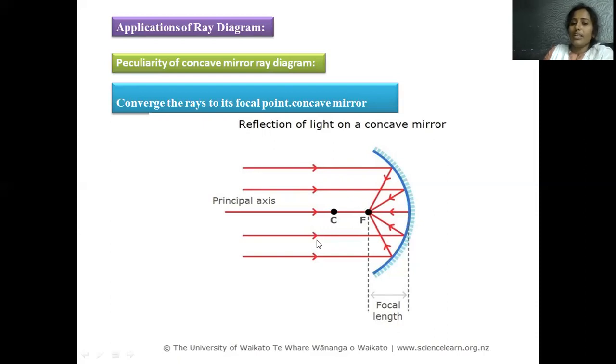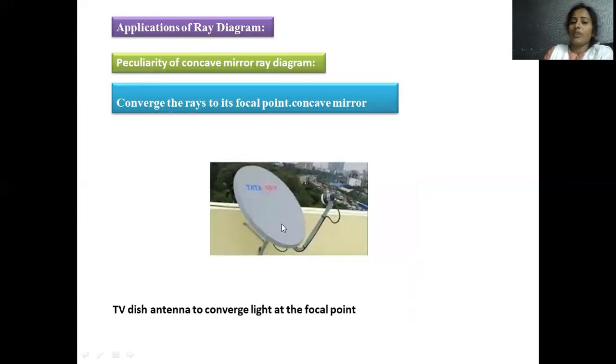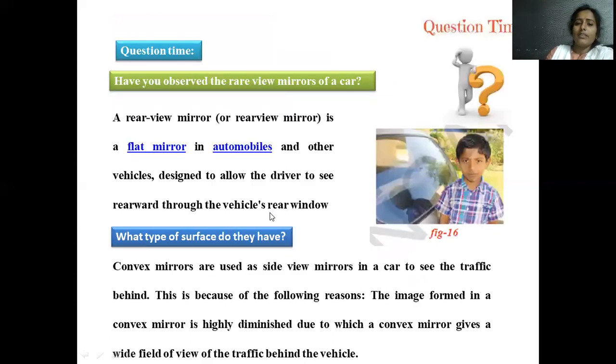So this is the important application of this concave mirror. If we converge all the light rays at a particular point, a very clear upright image can be generated, when this condition is obeyed by the light rays in the concave mirror. When we converge all the light rays at the particular focal point, you will get a clear image of that. And that is the important application, the television communication systems, right?